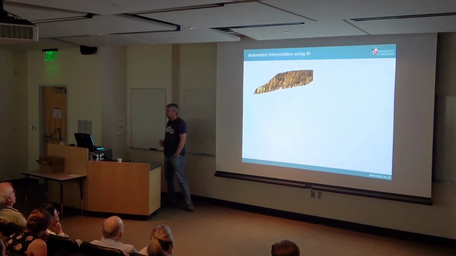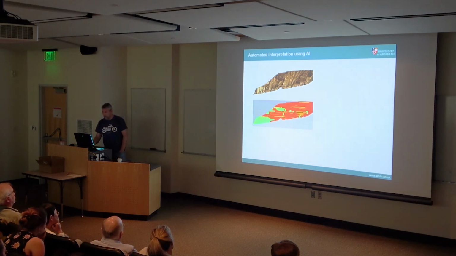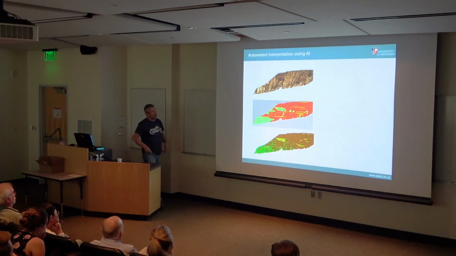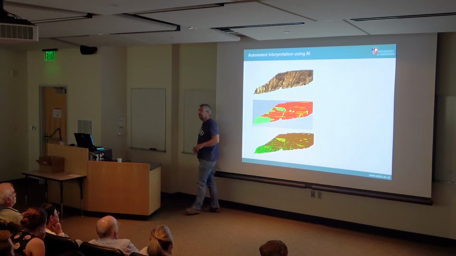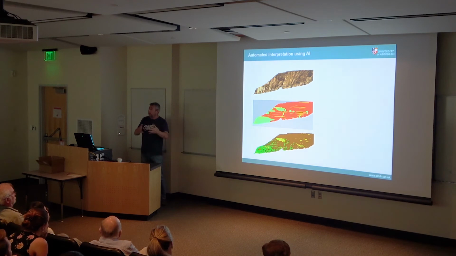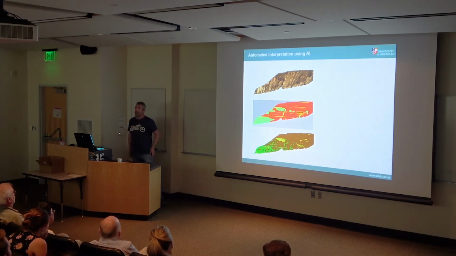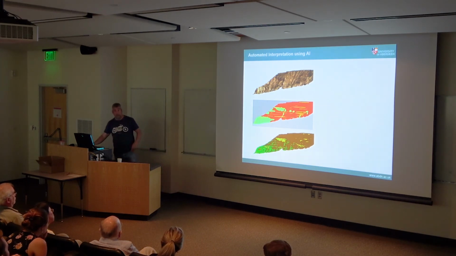Then there's, everybody's into data, machine learning, artificial intelligence, blah, blah, blah. So we've got a project that's just starting now, where we take the virtual outcrop, this is a manual interpretation, and this is a first pass machine interpretation that's been trained off a small subset of that outcrop. So the idea is that a machine will learn from the interpretations you've done previously to interpret the outcrop. And you can suddenly generate at least a first pass of the interpretation.